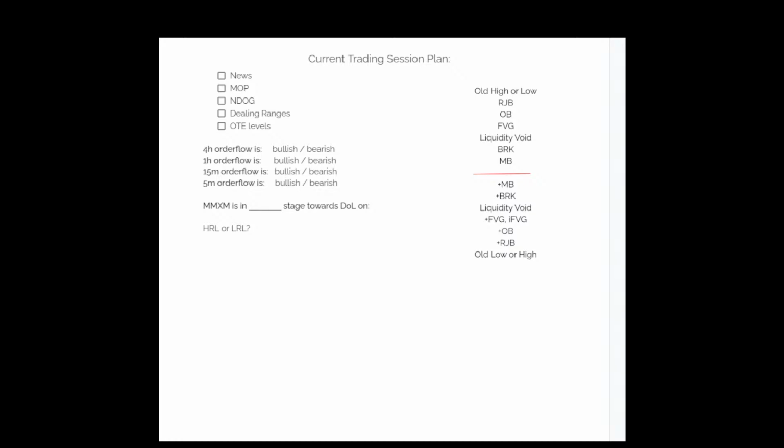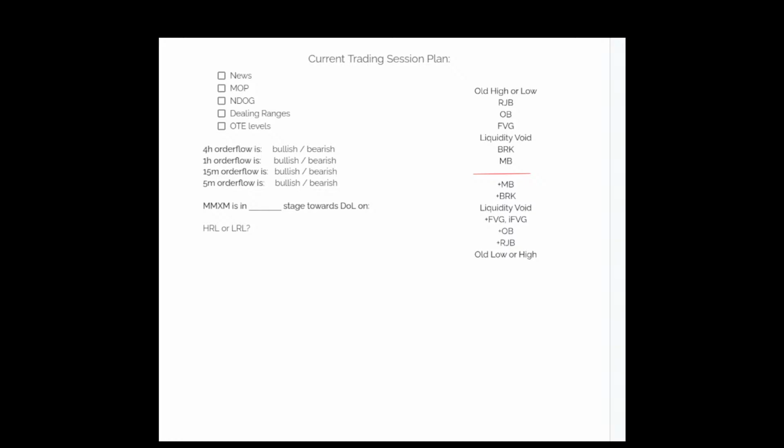So let's take another look at that. And actually, we don't need to mark that one off. We definitely came down almost all the way. Let's look at this dealing range and see what that teaches us. So if we're going to get equilibrium, we want to get the high and the low of the wicks. So equilibrium on this daily dealing range, we are just about at equilibrium.